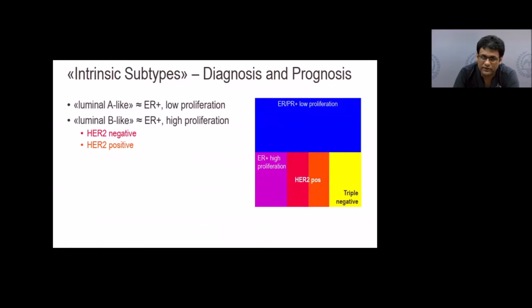The second difference you have to make is whether it is luminal B. Now, what is luminal B? Luminal B means the ER expression is not as high as in luminal A. They tend to be lower. They have a higher proliferative index, and they can be HER2 negative or positive, variable HER2. So luminal B is like an in-between. When you think about breast cancer, we think of luminal A, or ER positive, which is an approximation to luminal A. Then you have the triple negative, the HER2 positives, and the ER positives. So this group is the luminal B, which is a mixed group.